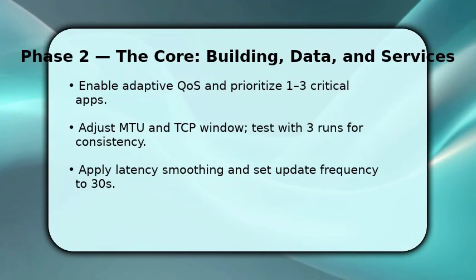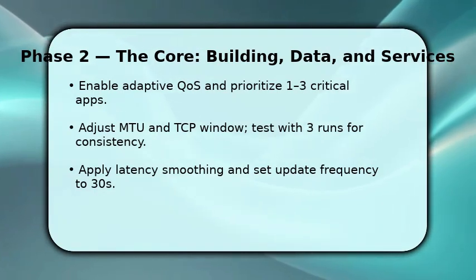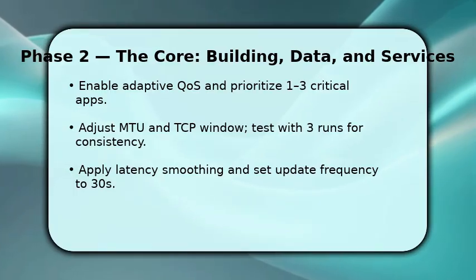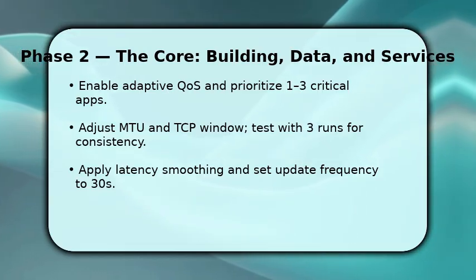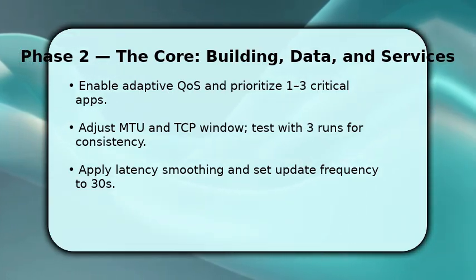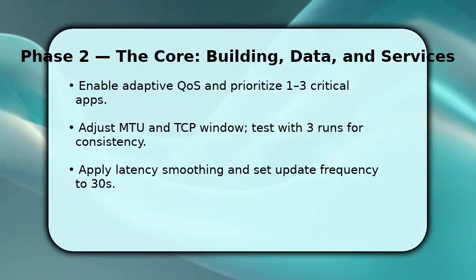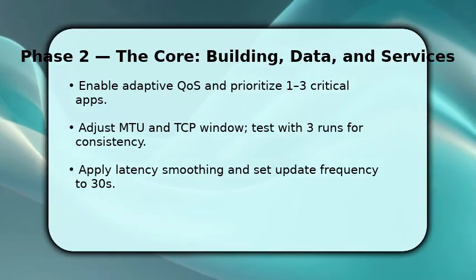Now you move into configuration. Enable Adaptive QoS and prioritize 1 to 3 critical apps so important traffic gets bandwidth first. Next, tweak MTU and TCP window settings, change one variable at a time, and run 3 tests to confirm consistent